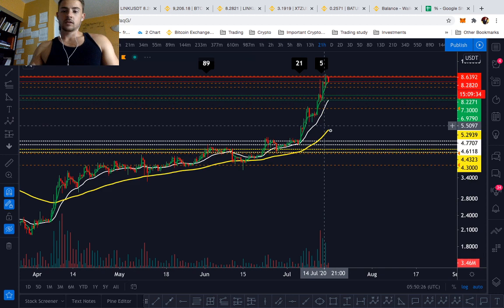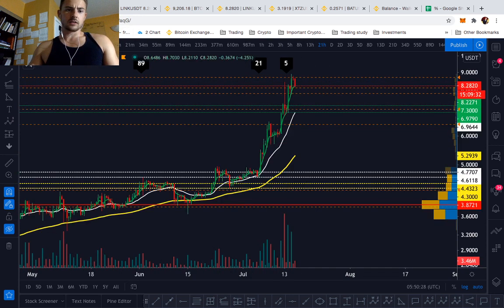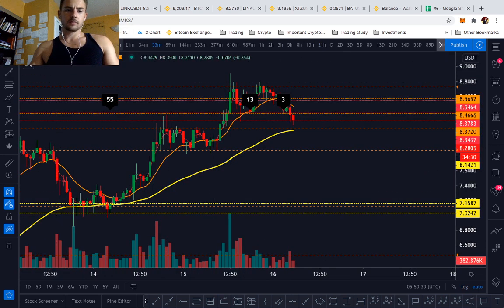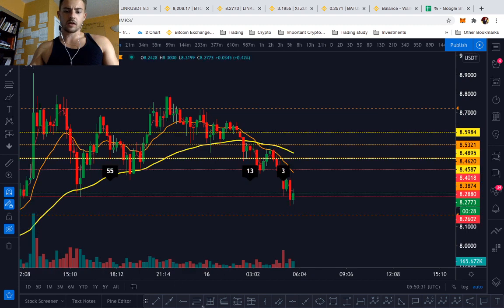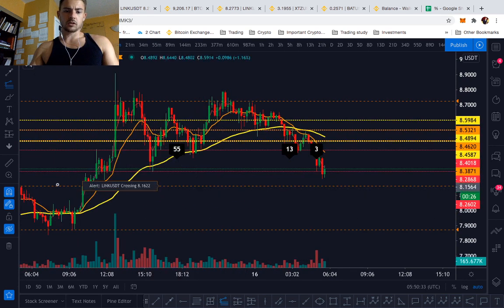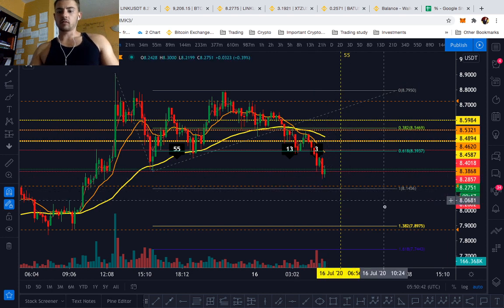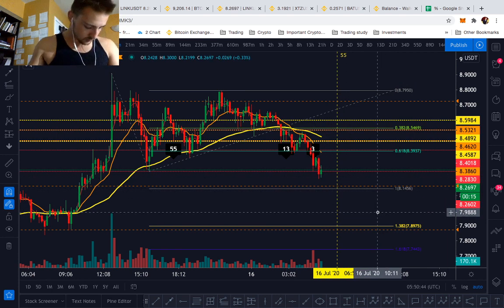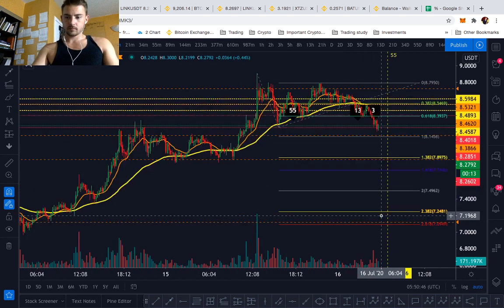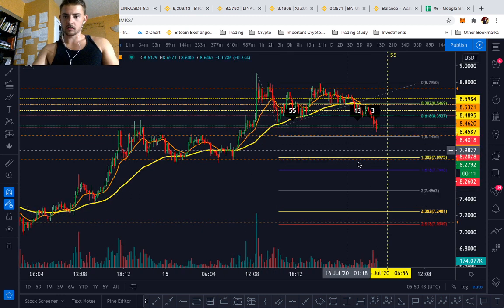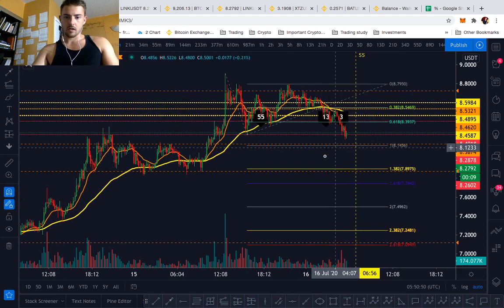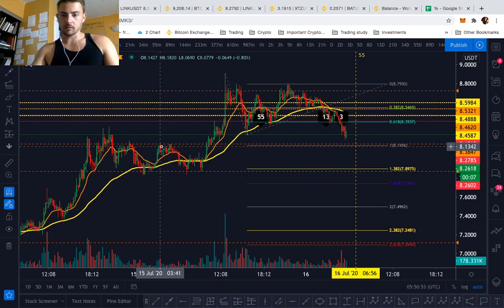Another thing to take a look at is if we open up this chart here, the 13-minute. You pull up this Fibonacci extension, and what do you get? We're hovering right above the 1-to-1. Okay, and I got alerts set up basically right there, and that's right above that first wave.